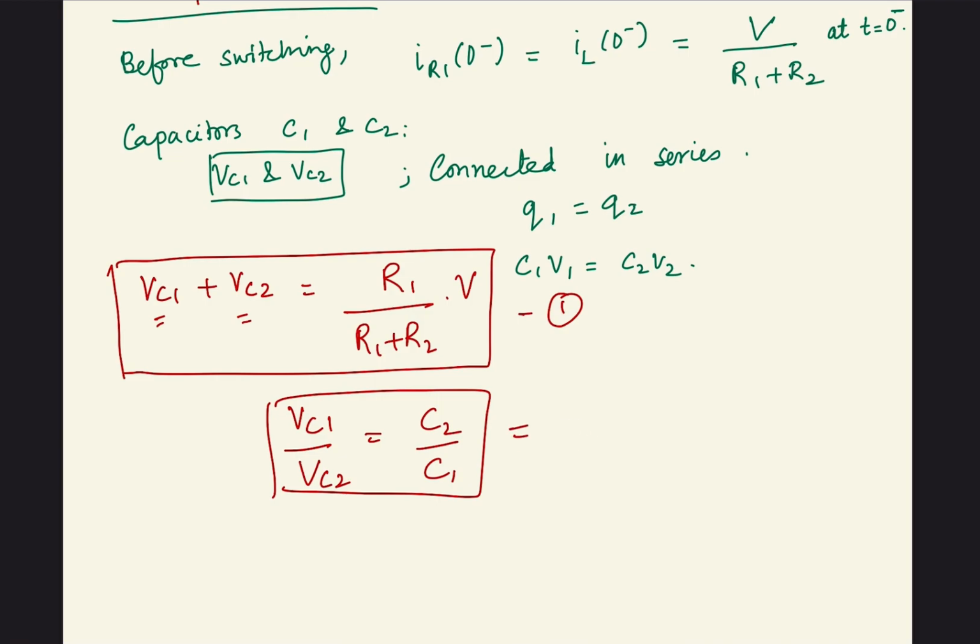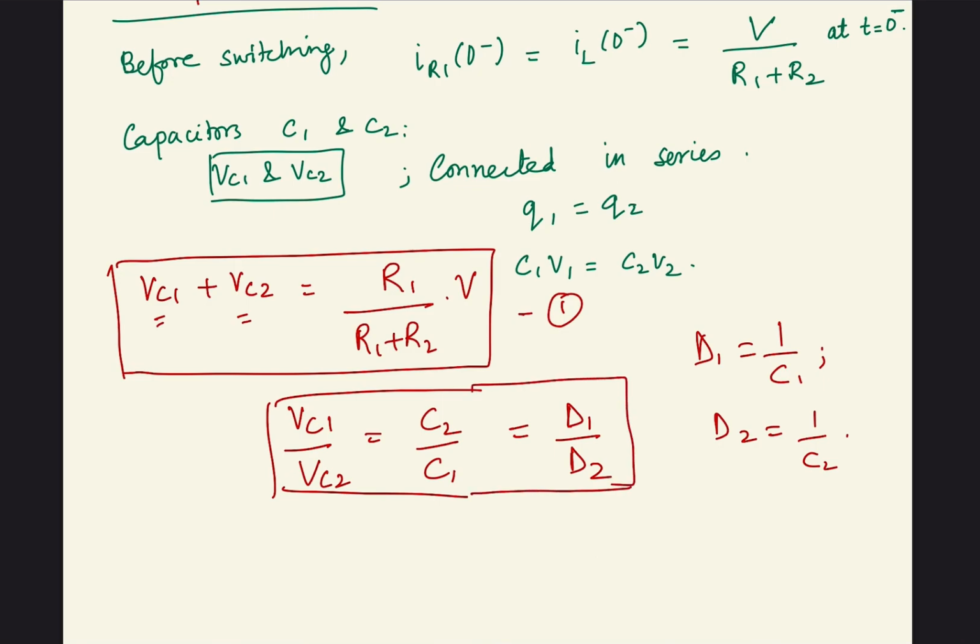Or to further simplify it, I'll simply write D1 by D2 as well, where D1 is 1 over C1, which is known as the elastance, which we had discussed in class, if you remember, and D2 is equal to 1 over C2, right? So using this equation number 1 and 2,